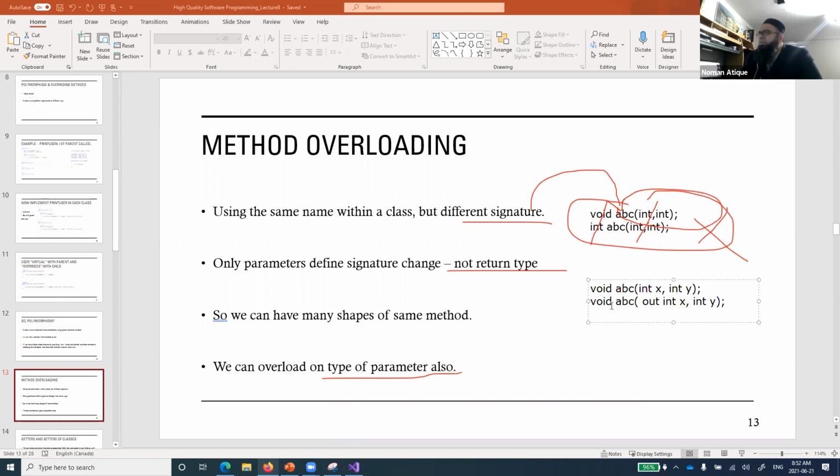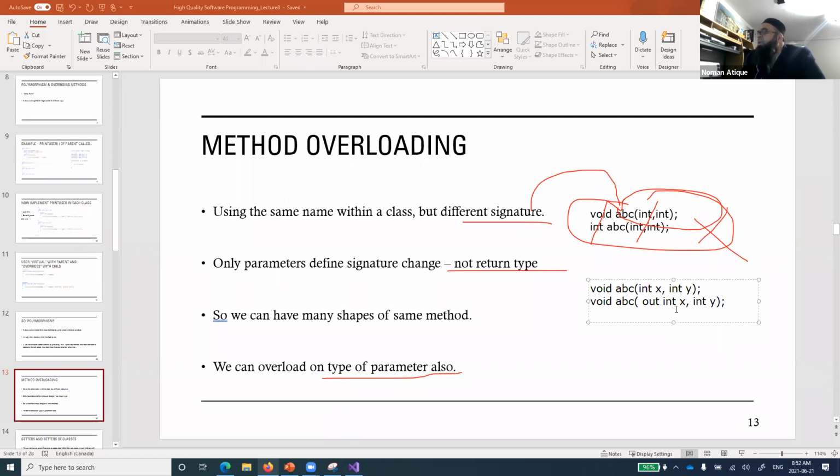When we use it in a method parameter list, what was out used for? Exactly, returning values from the function and assigning those values in the main function. Returning values out, getting the return from this function. This method will return the value.